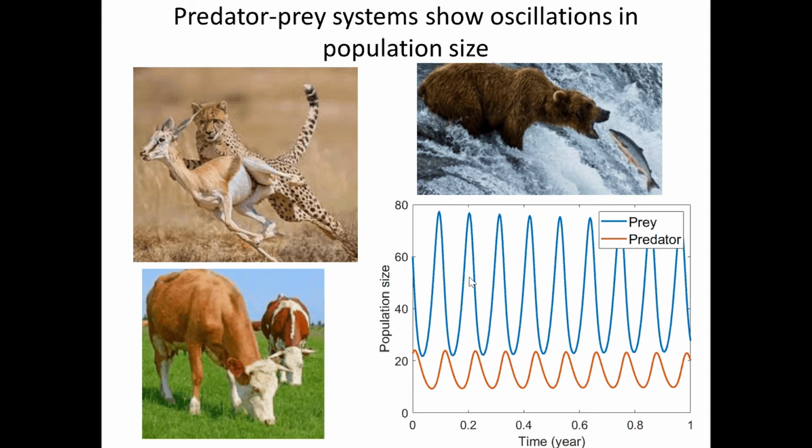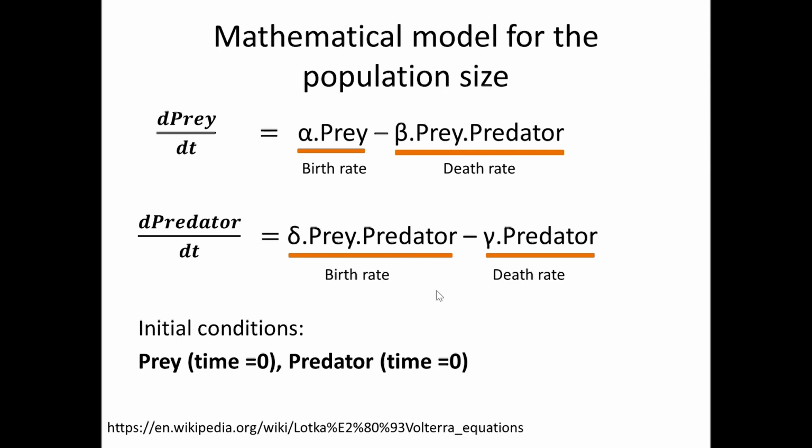and in this video our goal is to find out how these oscillations vary as a function of the different parameters of the system. So here is a simple mathematical model of the predator-prey system. You can find more details about the assumptions used in this model in the Wikipedia article, the link of which